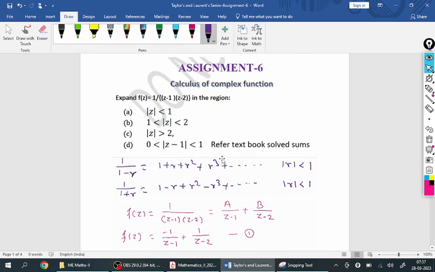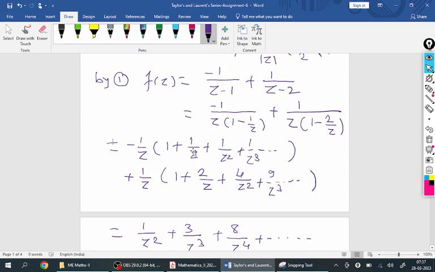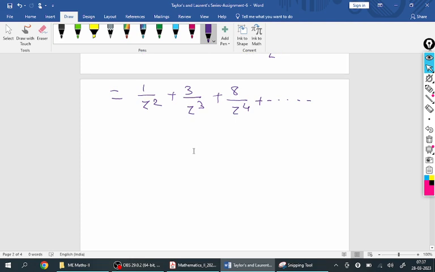And the last one now, the region that we have is in between 0 to mod z minus 1 less than 1. So this is a little different now. Our region generally is mod z less than 1 in terms of z, but here the last bit, we have 0 less than mod z minus 1 less than 1. Remember, this 0 is of no use, because obviously we cannot get any r for that,